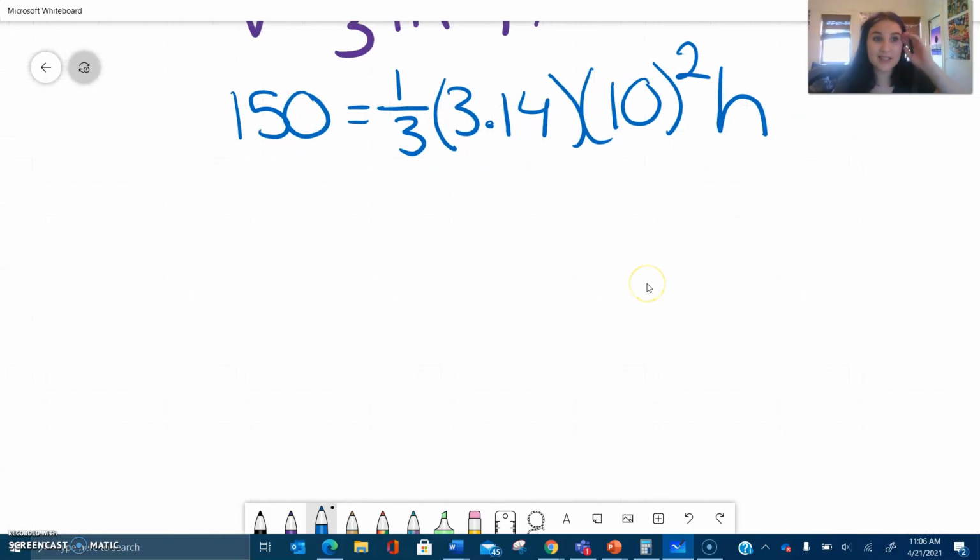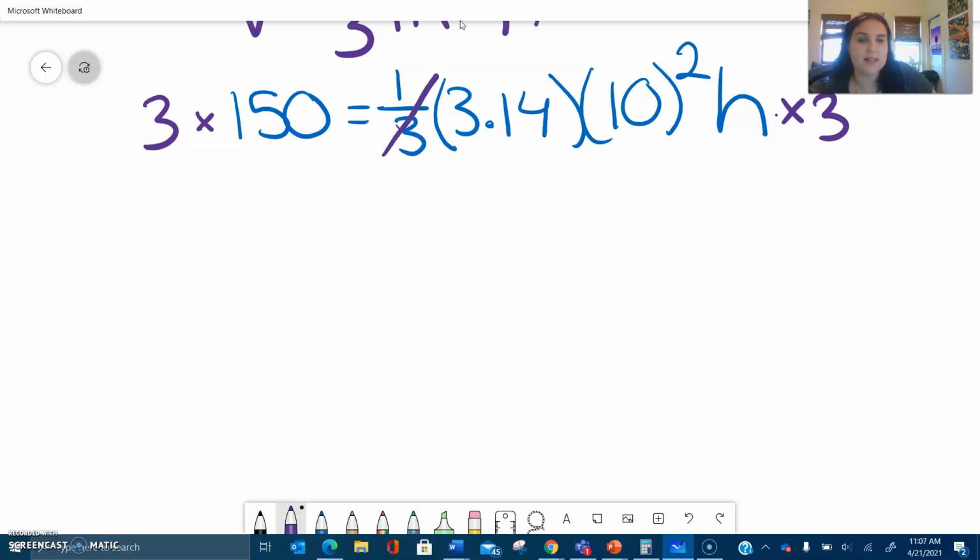All right. The first thing that I'm going to do in this problem is kind of get rid of the fraction. I don't want to have to work with a fraction right now. So what I'm going to do is multiply both sides of my equation by 3. Multiply by 3, multiply by 3. Because 1/3 is the inverse of regular 3. 1/3 times 3 equals 1. So now my 1/3 and this 3 cross each other out, and I'm left with 3 times 150, which equals